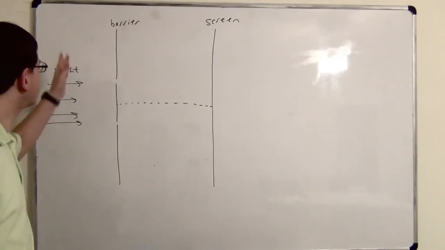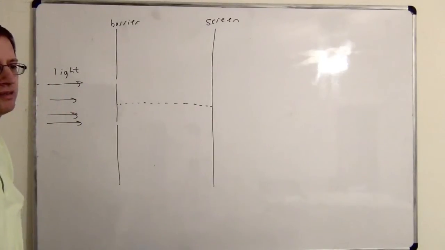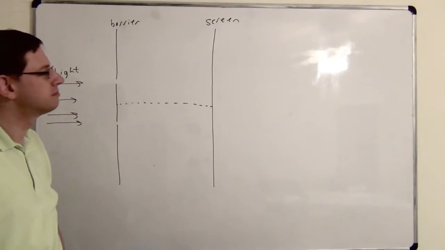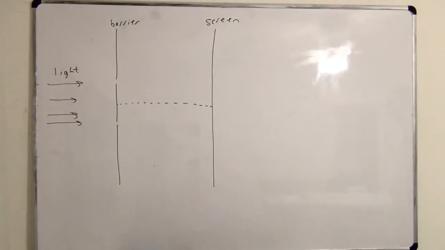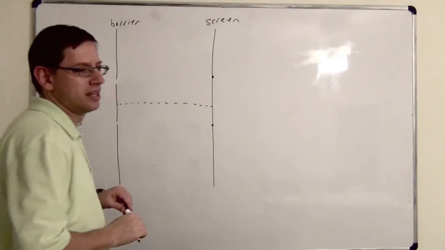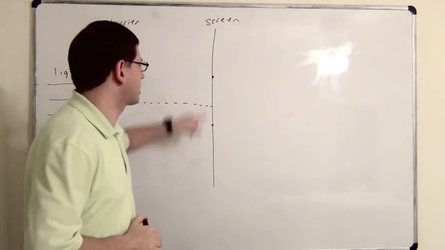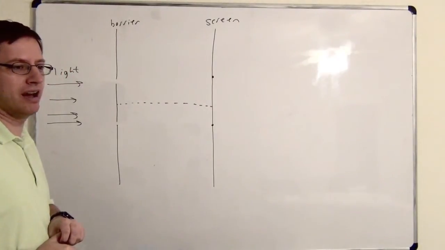Okay, do you know what happens when you do the double slit experiment? What do you see on the screen? I'm assuming only a certain amount of light can be let through each slit. And so on your screen, you only see light at those specific spots. You're saying that there would be light here and light here. Yes. And it would be dark everywhere else. Yeah. Okay. Now think about your common sense about how light works.